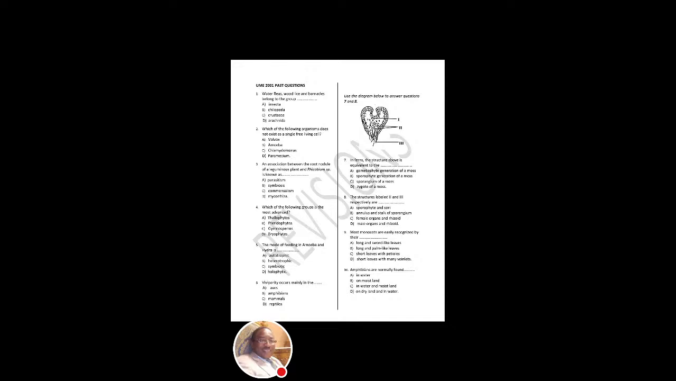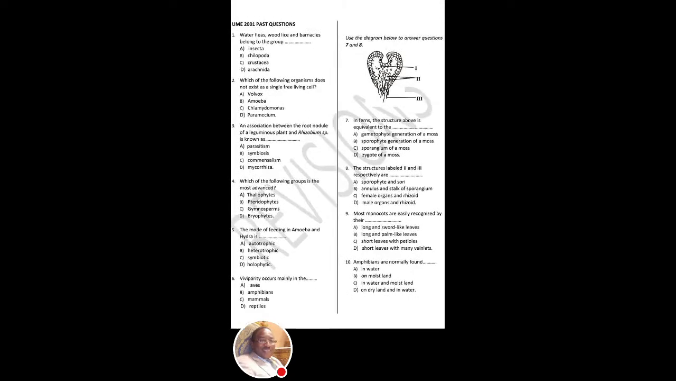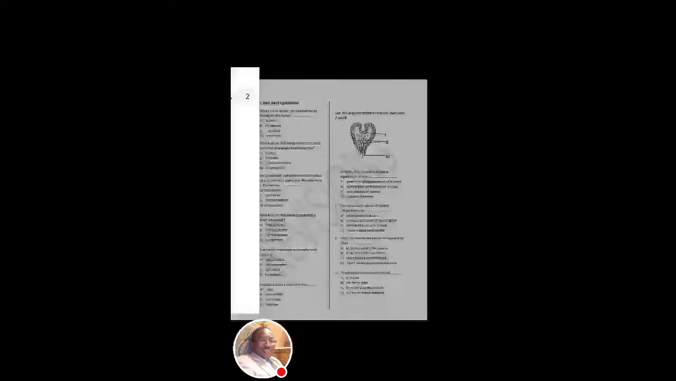Number 6, viviparity occurs mainly in A, aves, B, amphibians, C, mammals, D, reptiles. The truth about it is that viviparity occurs mostly in mammals, the ability for mammals to give birth to their young ones alive. When organisms give birth to their young ones alive, it's called viviparity. Oviparity is for animals that lay eggs. If you look at the options A, B, and D, where you have aves, amphibians, and reptiles, those ones are all